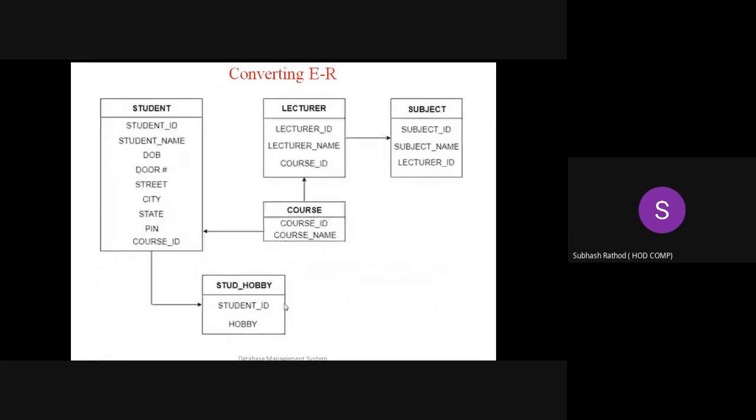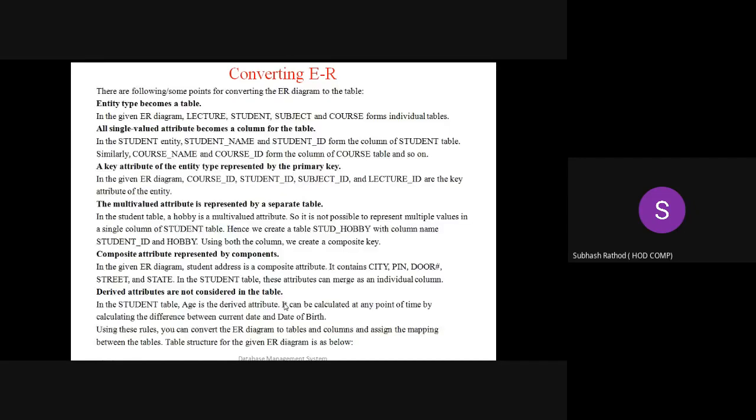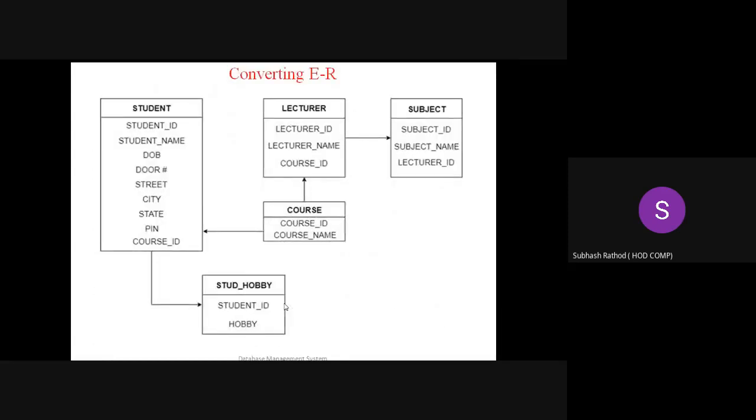So we will stop here. I will launch the 2 assignments today. In that assignment, you have to upload this ER diagram and these tables. And now I will add one more problem statement in the assignment. You have to draw the ER diagram, and after drawing it, upload all the tables created from that particular ER diagram.